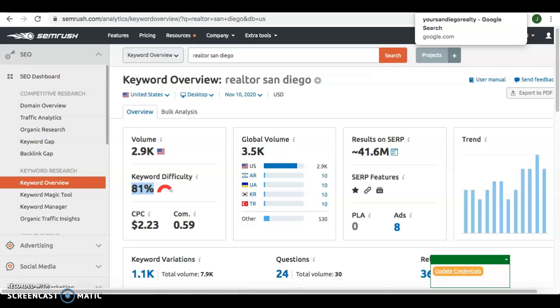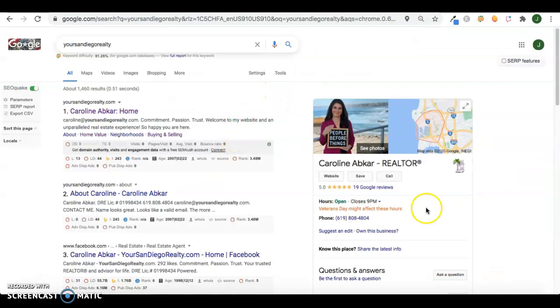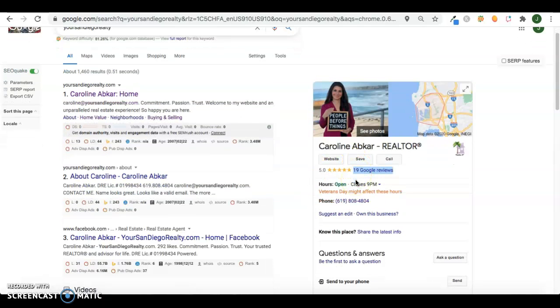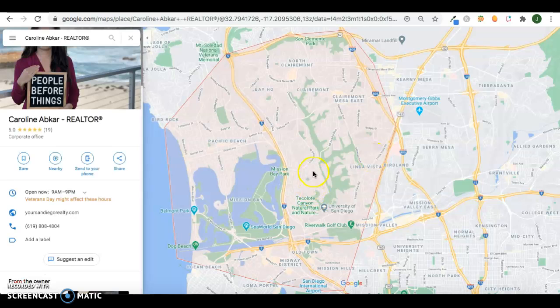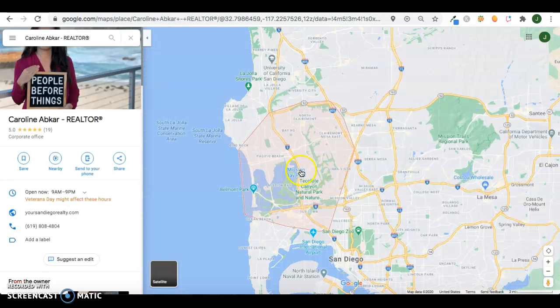So we will look at your Google My Business page. It's great that you have it. You have good reviews, 19 Google reviews, all 5 stars. When going into your Google page, one thing I would change if I were you,